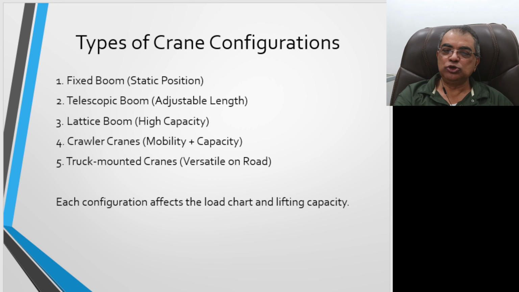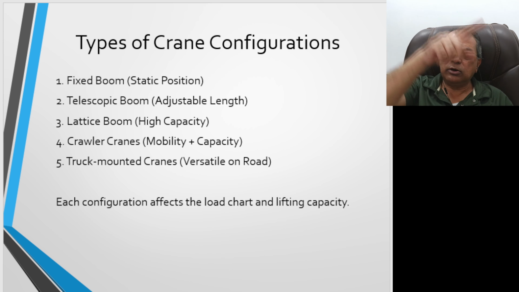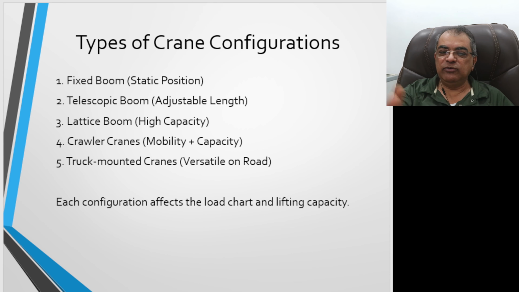For example, fixed boom, static boom, telescopic boom, which can extend. Lattice boom, it is like this. And crawler crane, which is on the chain, big chain. And truck mounted. Definitely you have seen it in one of the videos, where I have explained what types of